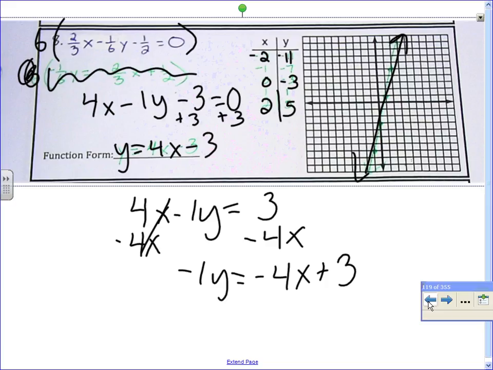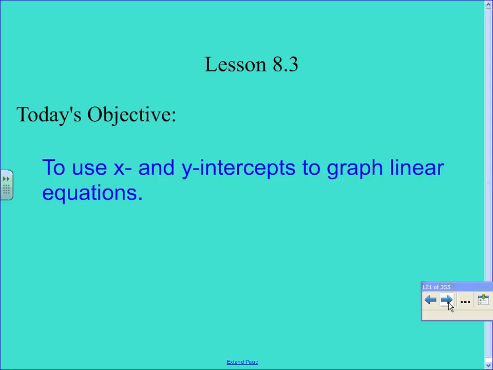All right, let's go to our notes, and we're going to talk about x and y intercepts today. So this is page 9, section 8.3. This is the second method that we're going to talk about of how to graph. Now, graphing with tables, kind of a pain, kind of tedious. This one does not take as much time. Still, I don't think it's the most efficient way, but you need to understand what an x and a y-intercept